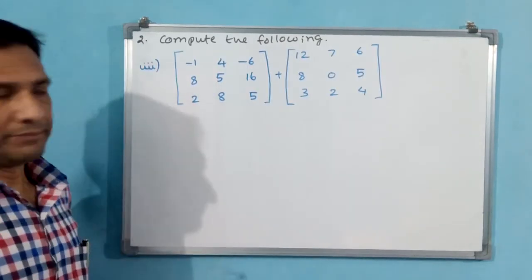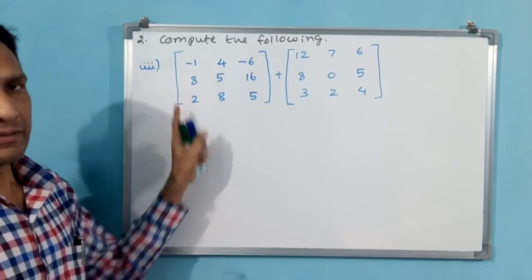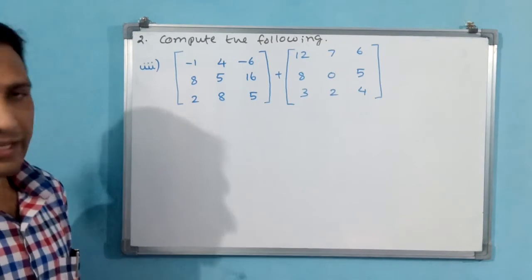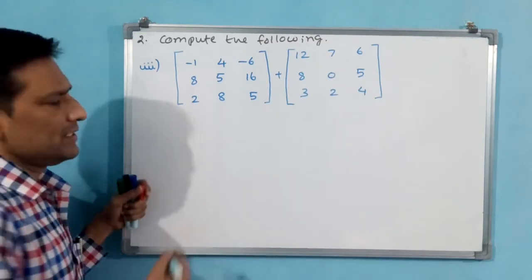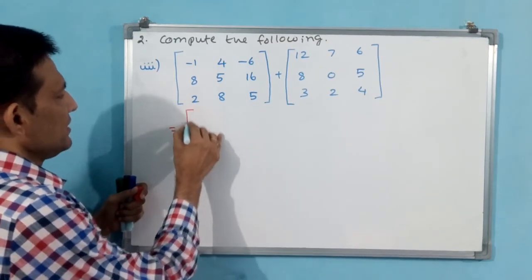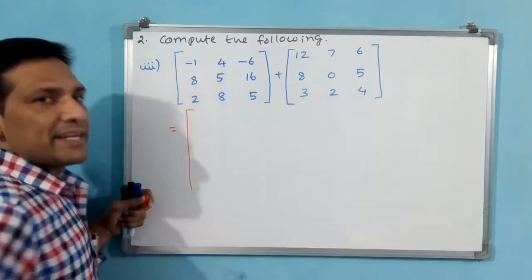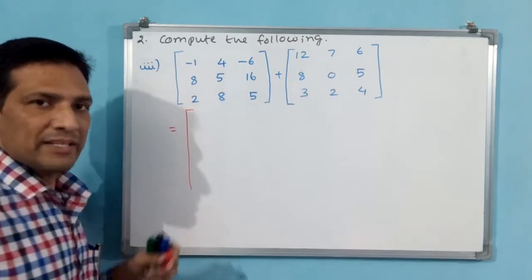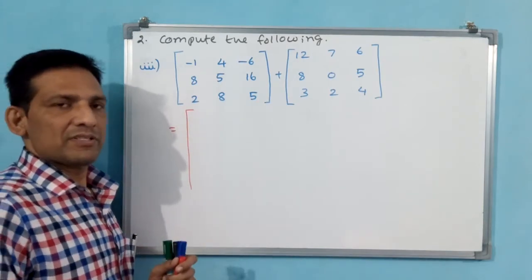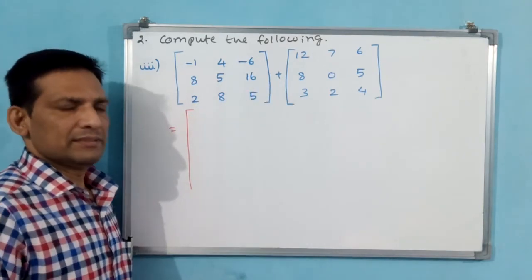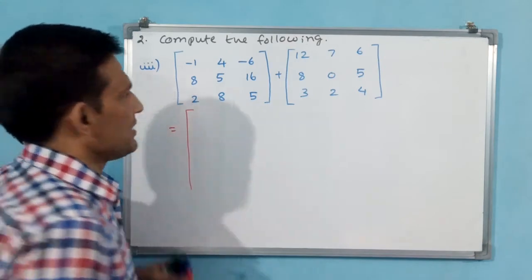Okay, now let us go for third part. See the third part. Simple addition only, and already they have given left, right, and all. We need not see. Directly we can perform the operation. Now you see 3 by 3 matrices are there. See this also 3 by 3. Then only addition operation, subtraction operation is possible. Then they have given addition. Okay. 3 by 3.